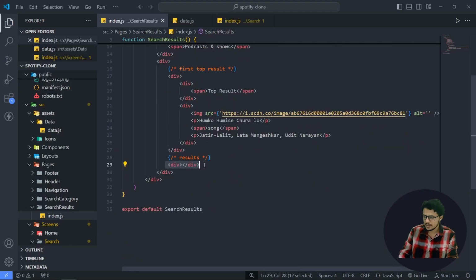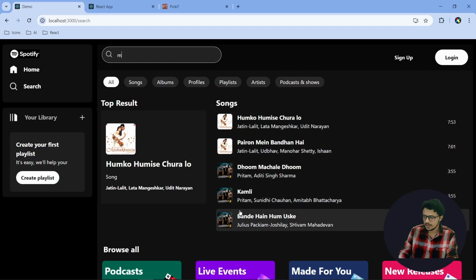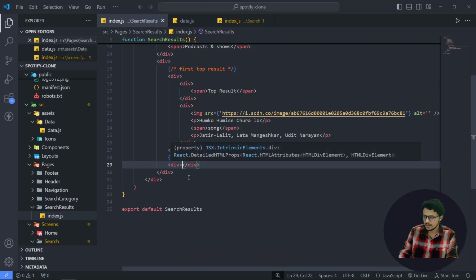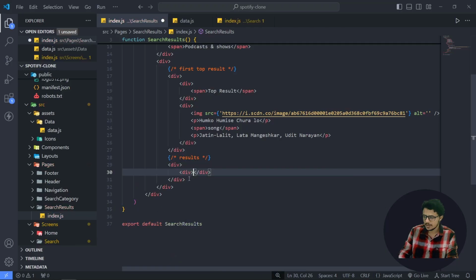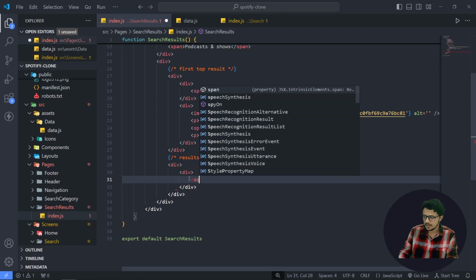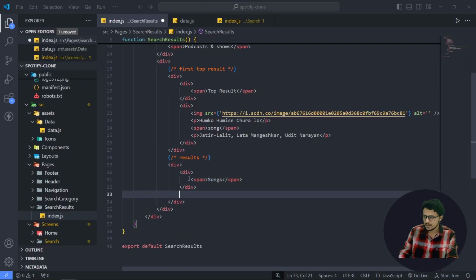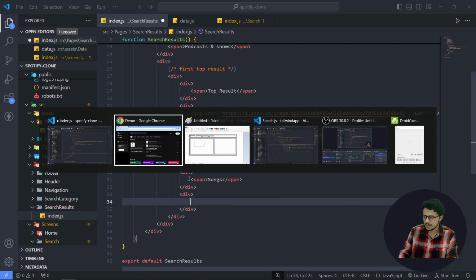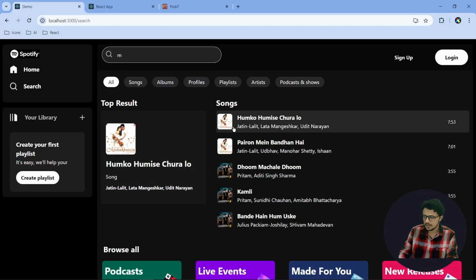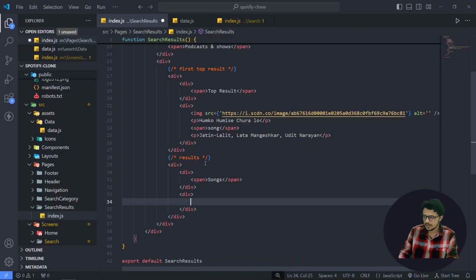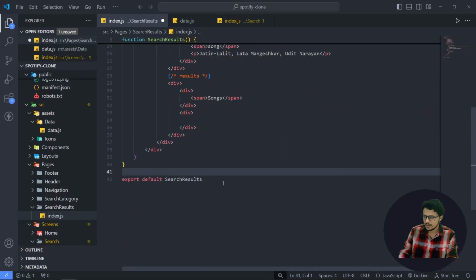Okay, so for the second div we have this particular whole div here, and first I'll have this title. So let's have the first div over here as one span tag, which will say songs, I guess, right? Yeah, songs. And the second div will have these components. So this particular thing, you see, we can create as a single component and we can reuse it. Okay, so what I'll do here is